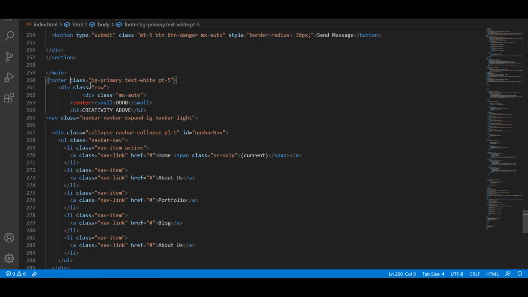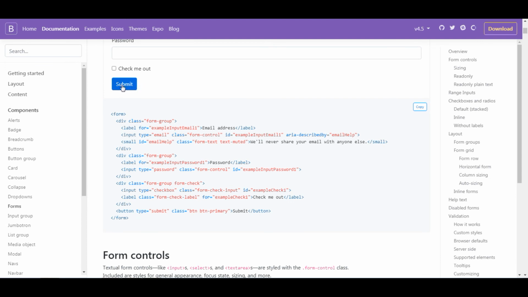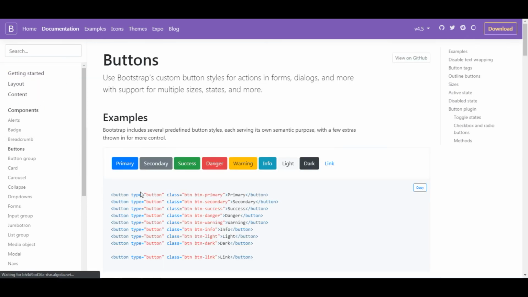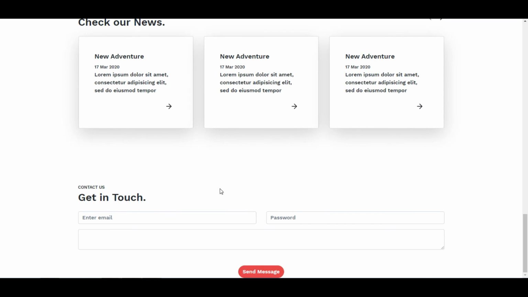In the footer section I have set the background color as primary. Primary means Bootstrap will give us a blue color. We can see the coloring on the buttons. See here, the button primary will be the blue color, and secondary and the other variant colors you can see here. So I have made the footer blue.